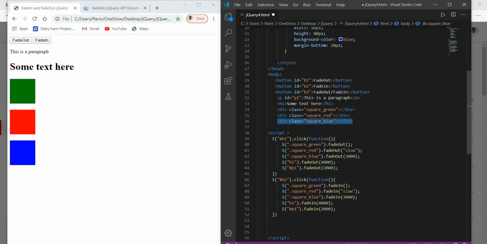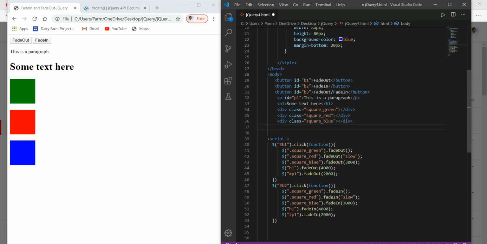Control C, here we go, paste it, and this time I want it to be square underscore orange.